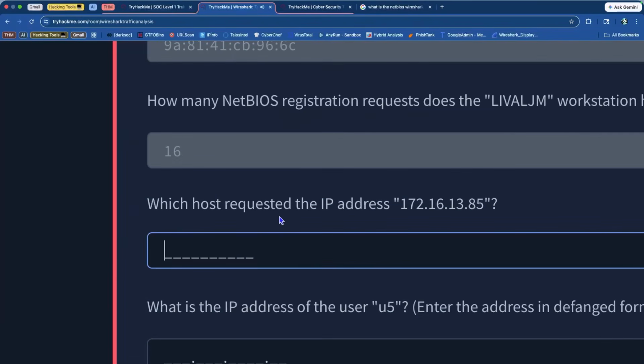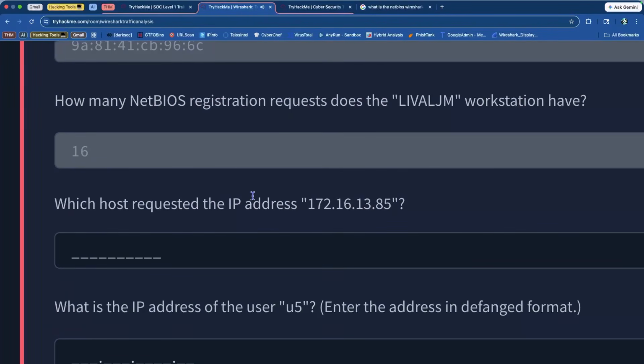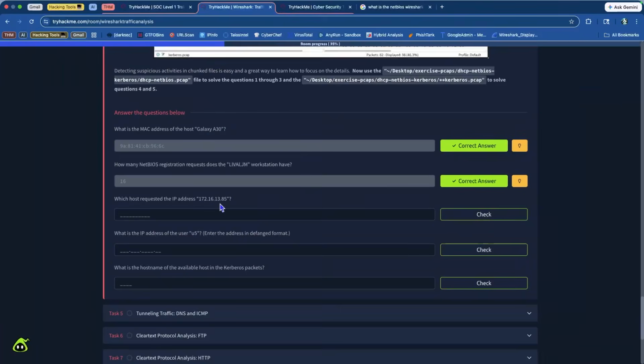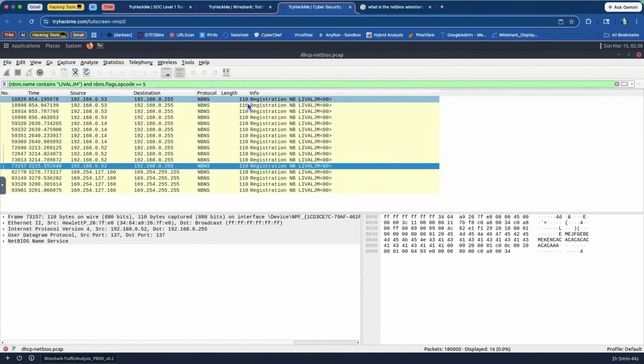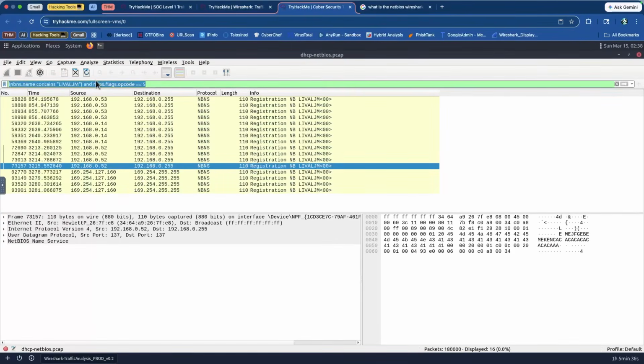Yes, excellent. So which host requested the IP address of 172 yada yada yada? So I'm going to try to see if I can copy this. It never works when I try to do the copy. For whatever reason, I can't copy from here and paste it into Wireshark, but whatever. Okay. So the question is what host requested the IP address? So we are looking for